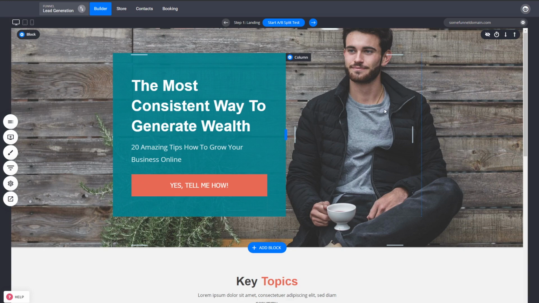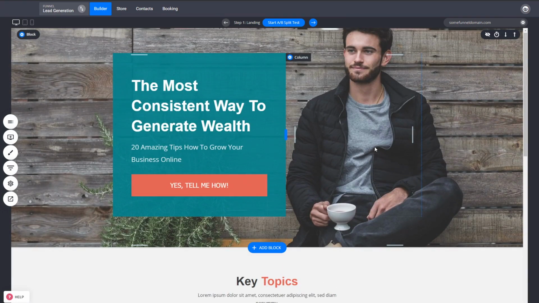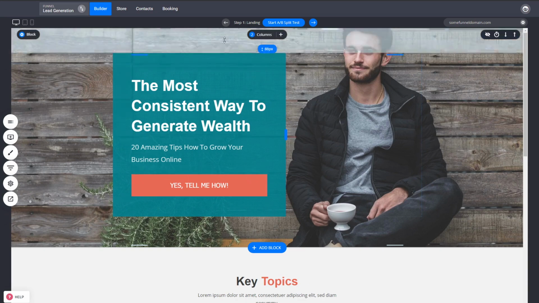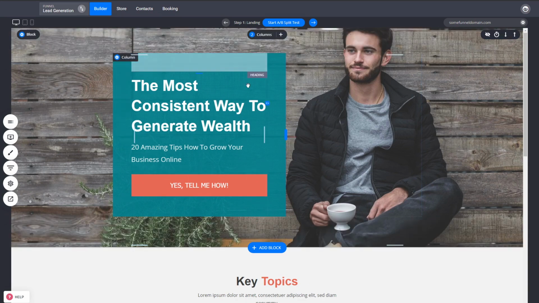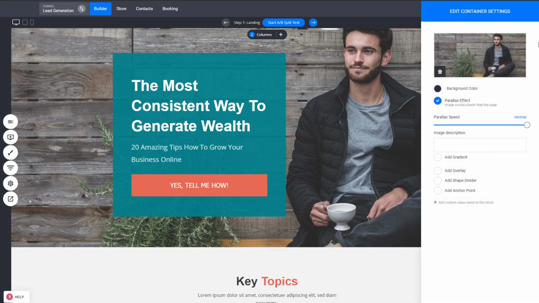So let's start with the first section, which is the builder and how you can actually modify and edit your pages. So we are currently inside a page, a landing page, and the content in the pages in general is organized into blocks. So this is one block where we have this information, the hero basically element with the background on the side. So every block has its own settings that you can click on the block and start modifying